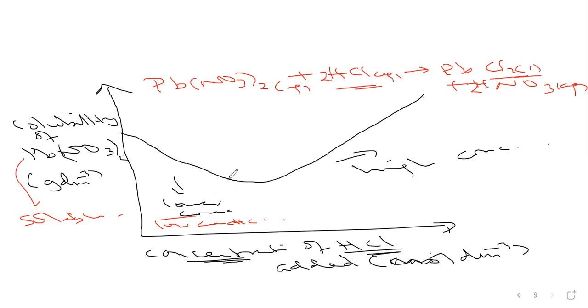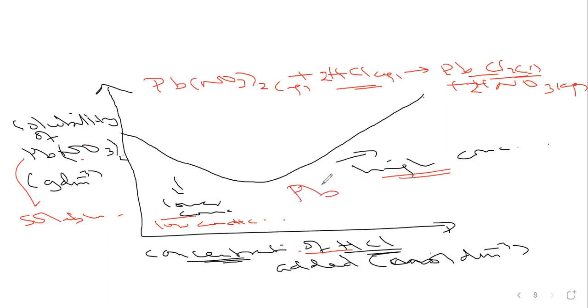You have to say that the solubility of lead 2 nitrate decreases at low concentrations of hydrochloric acid, because lead 2 nitrate reacts with hydrochloric acid to form insoluble lead 2 chloride. The insoluble lead 2 chloride prevents any further attack by the acid on the lead 2 nitrate. Okay? And then solubility increases with increase in the concentration of hydrochloric acid, or at high concentrations of hydrochloric acid,